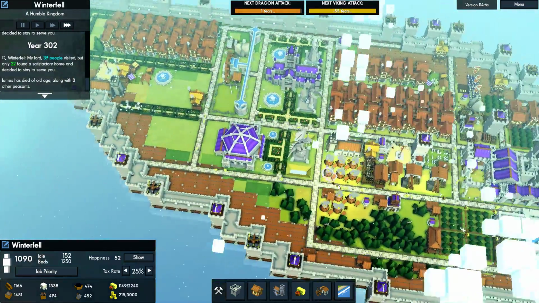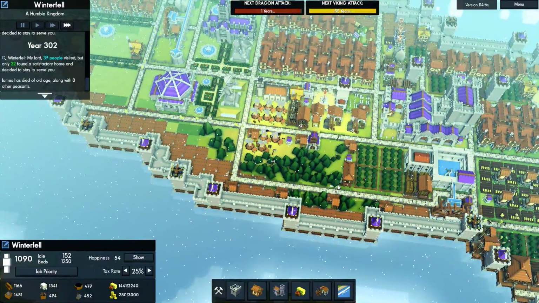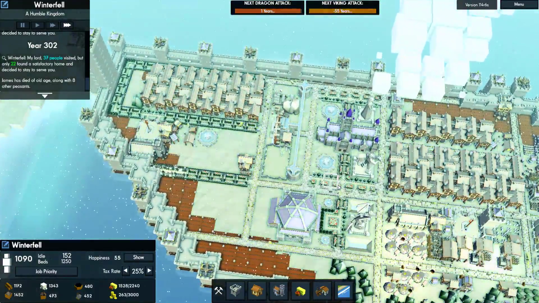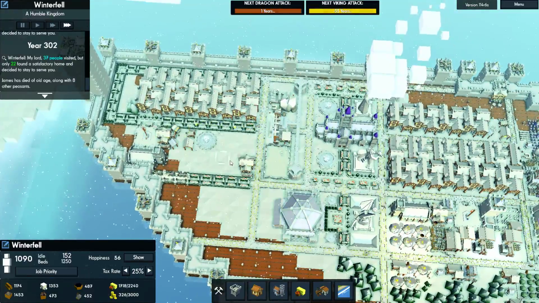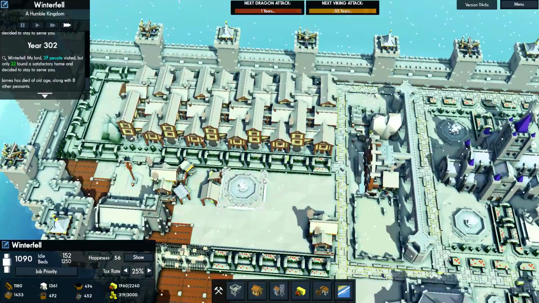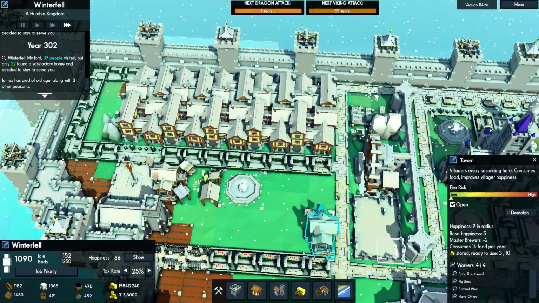Oh, and the bathhouses are too crowded. Ah, crap, we need another bathhouse? Where do we put that? Might have to have one over here. I mean, this is three wide, so what we could do...